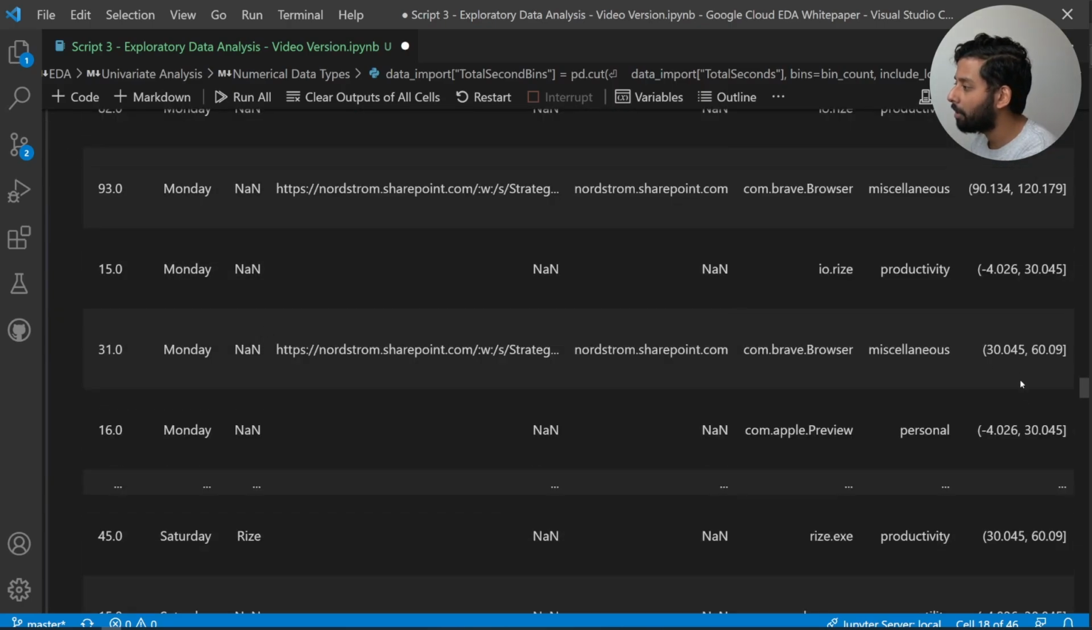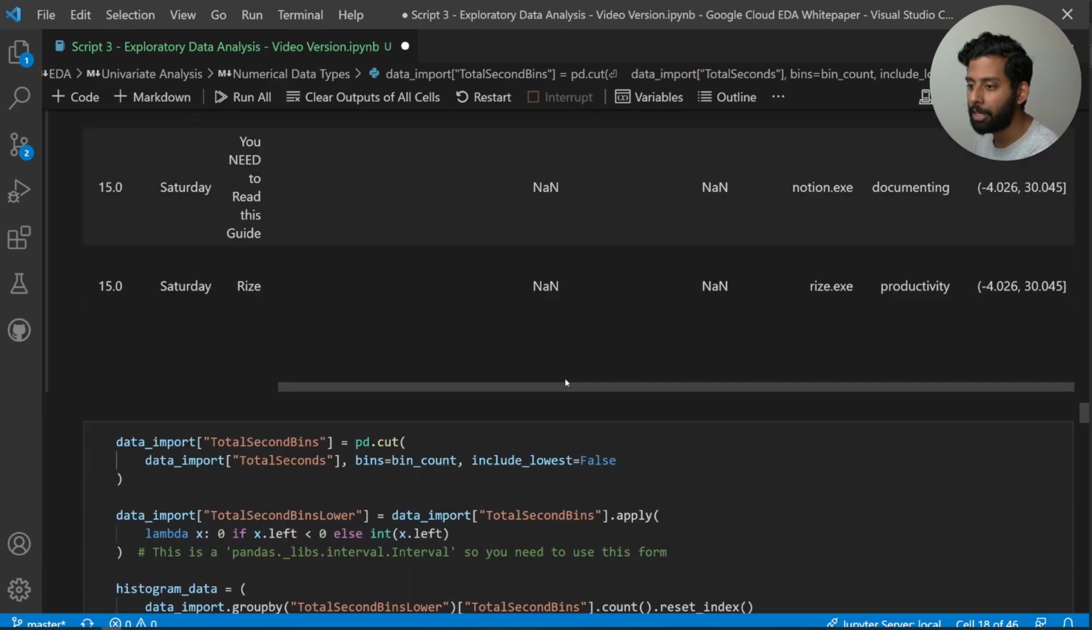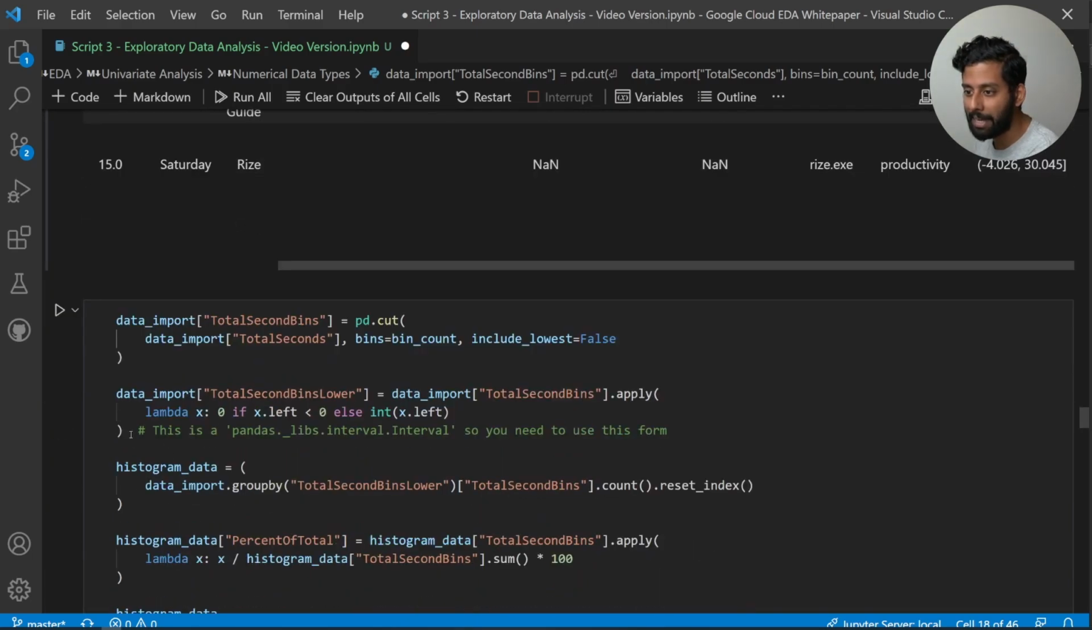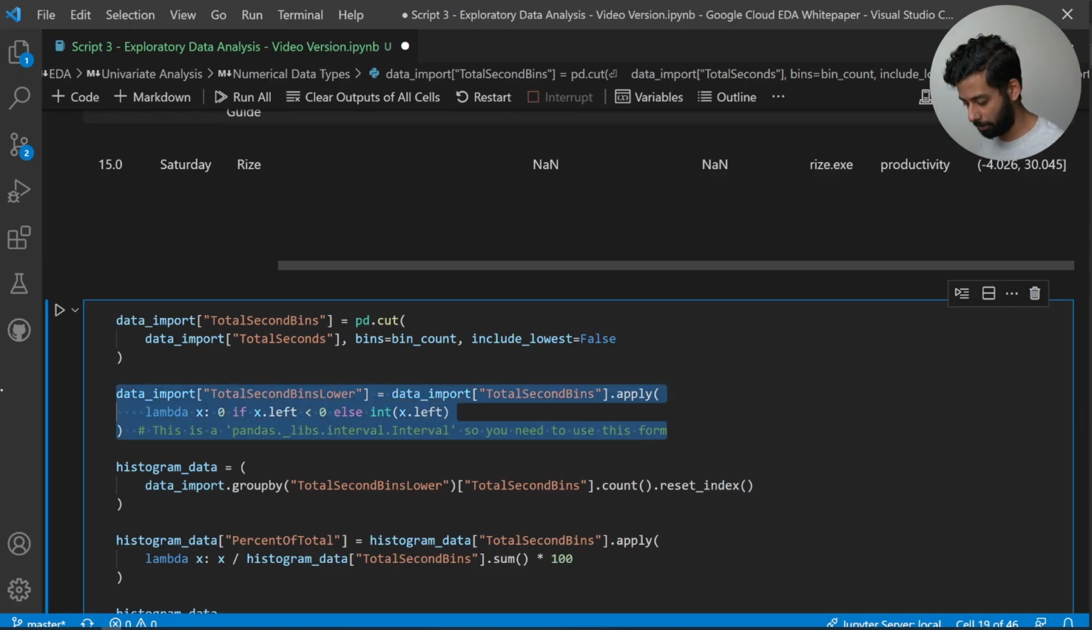And then you'll see this -4 over here. This is what that whole lambda function was supposed to deal with. If something is -4, basically if it's less than 0, then we'll just round it up to 0. Because you'll see what I do next is I take, let's copy this over here,